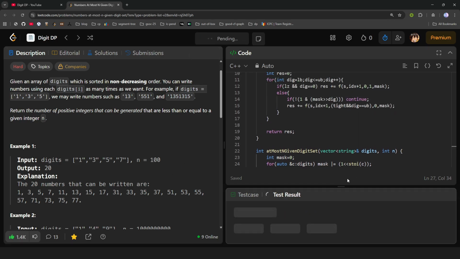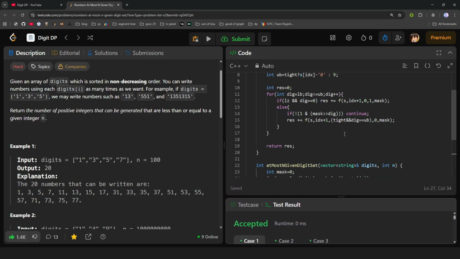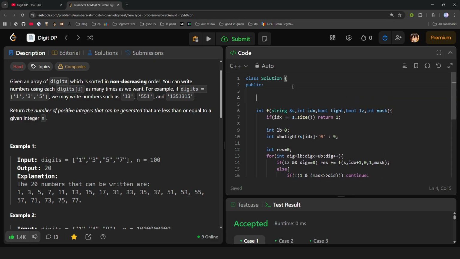And now if I run here, let's see. As you can see, the test cases are getting passed. So this solution is correct, but let us try to memoize it further. So let us declare the states now. Since we have used a total of 3 states here,